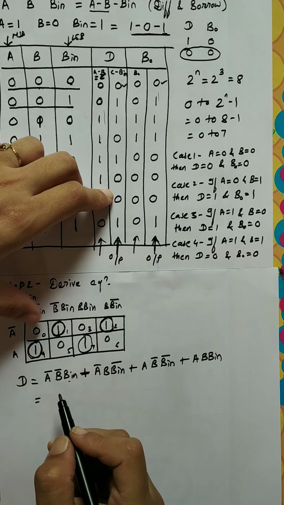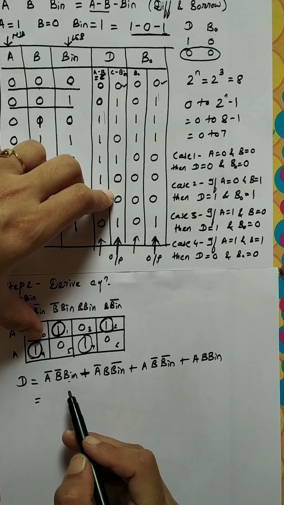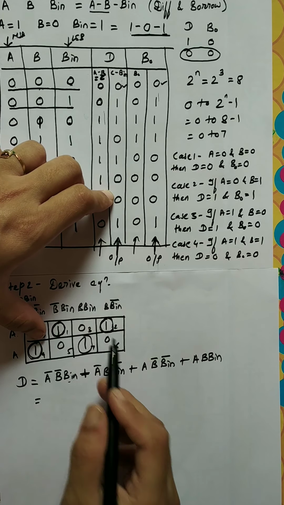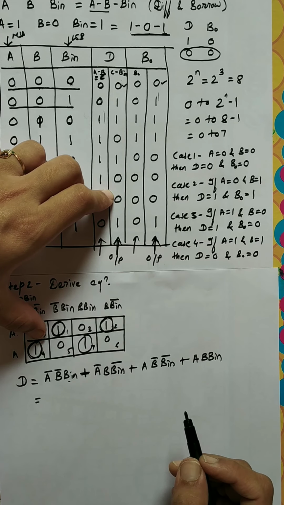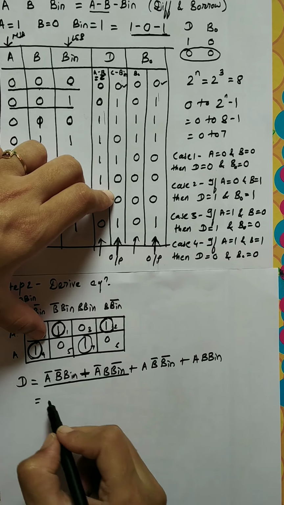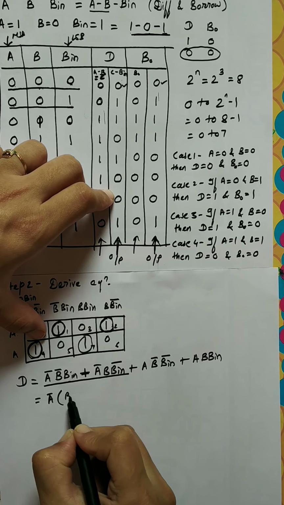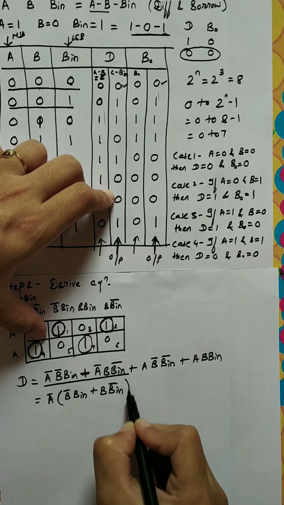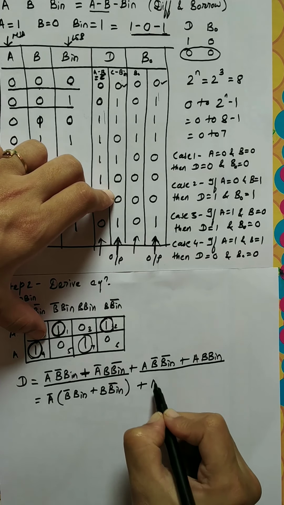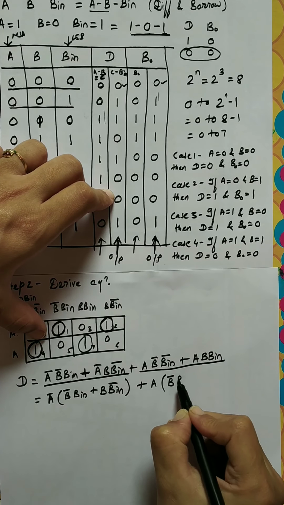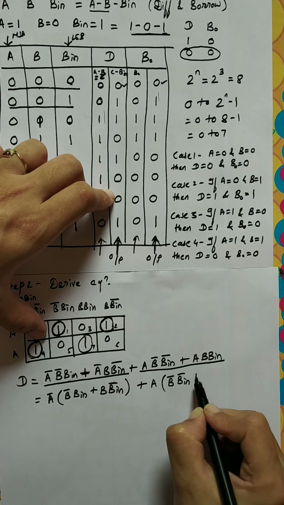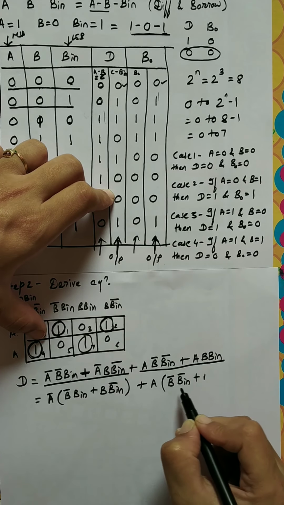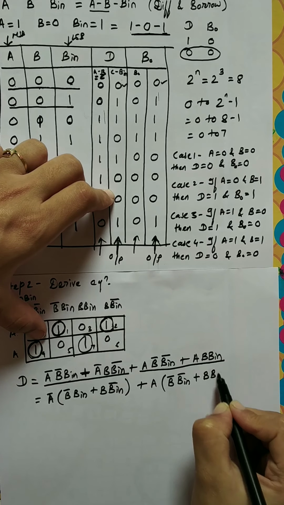Now, as per the rules of K-map, whenever we form groups of single ones, we are not going to get the simplified equation. In that case, we have to apply Boolean laws and De Morgan's theorems to simplify the expression, right? So here you can see that from these two terms I can take A bar as common. Remaining is B bar C plus B C bar, plus now from these two terms I can take A as common. So here I'll get B C bar plus B bar C bar common, plus B bar C plus B C, right?